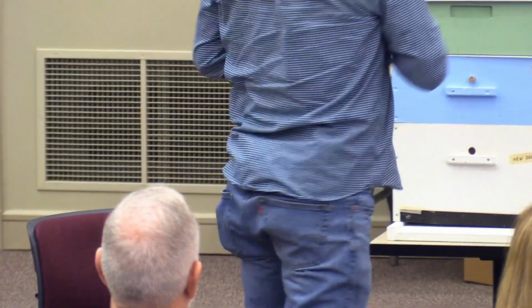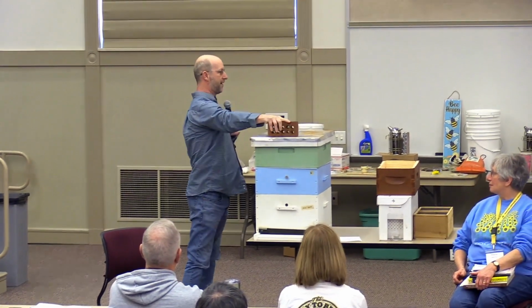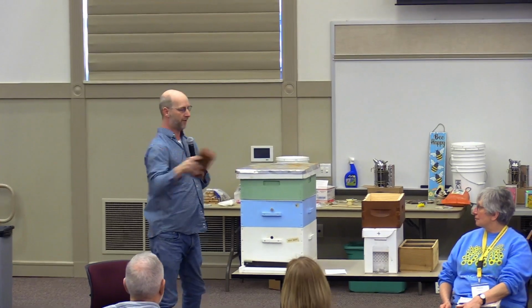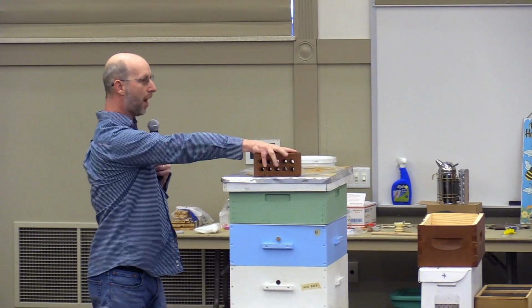What do I do different from others? I guess I'm going to show you this. I run a brick on top of all of my colonies. This brick means something. If I go into a colony, obviously, I do what everybody else does with the mite treatments. I use Formic Pro. Anytime I see a problem, it's either Formic Pro or oxalic acid. But if there's a problem with the hive,